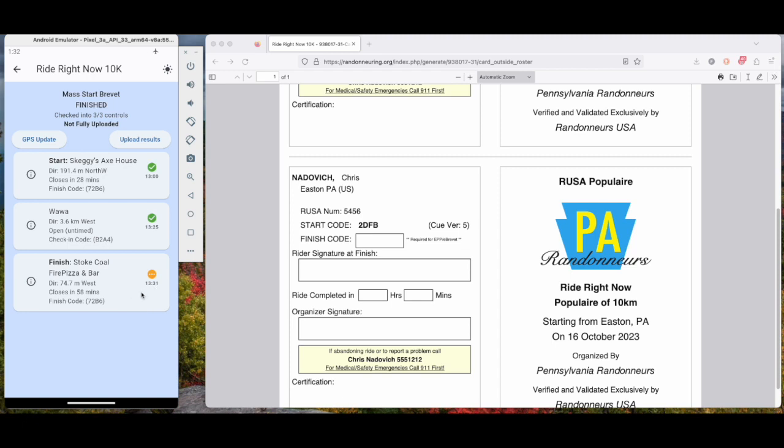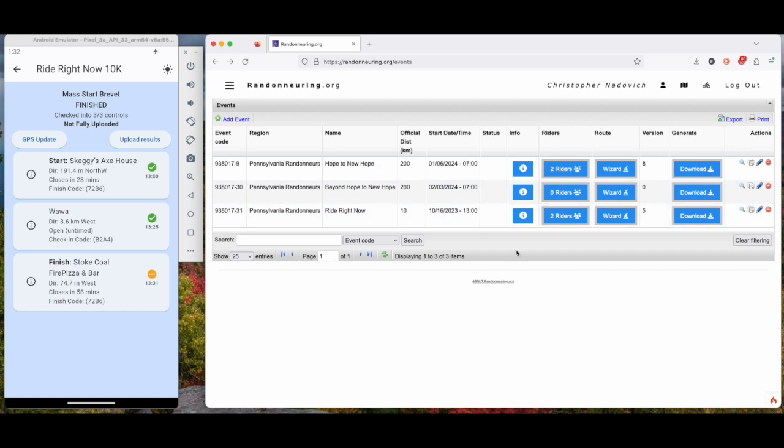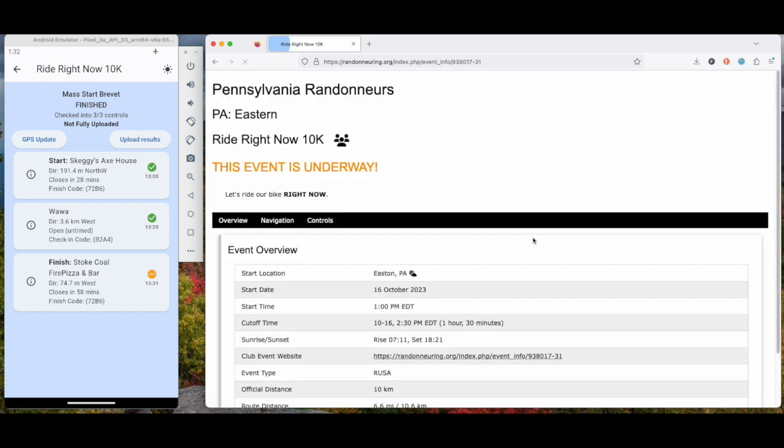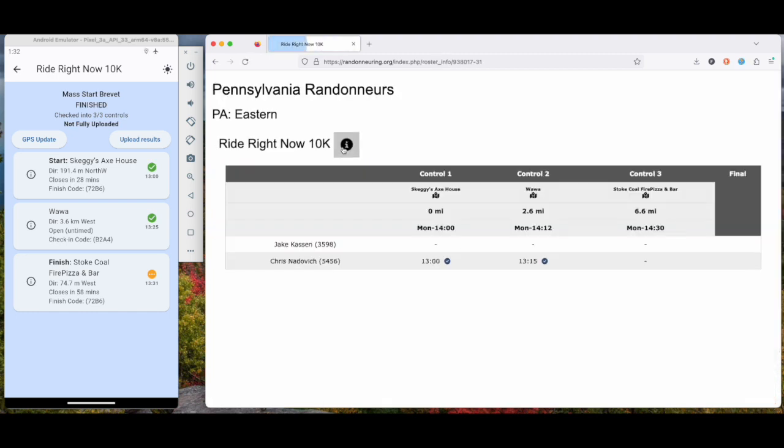Our time is there, and we know our finish code. So I should be able to show this to the RBA. But if I go back to here and take a look at who's checked in, you'll see that our check-in hasn't been noticed yet